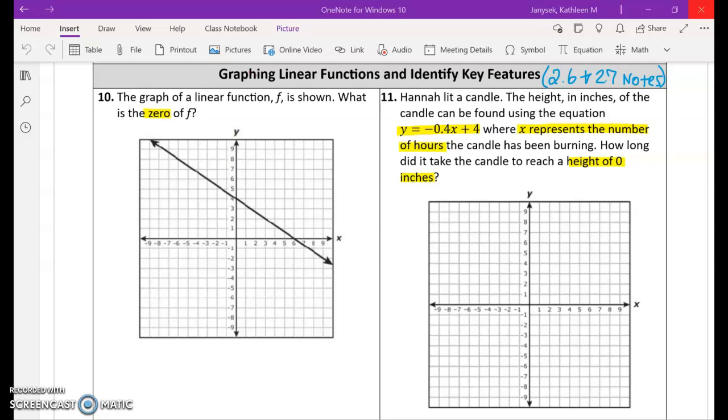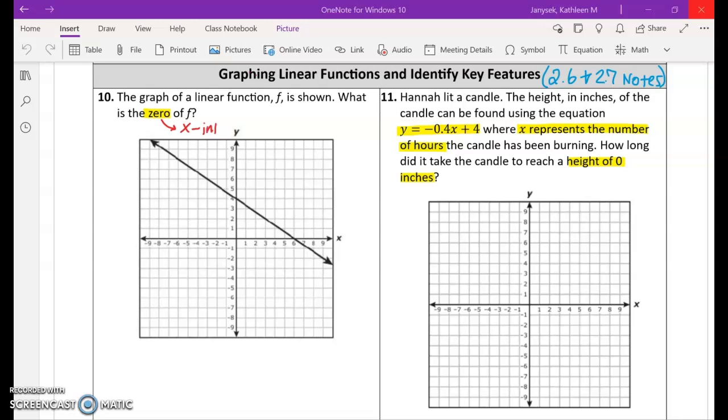So the first thing we're going to look at is question number 10. You do need to know your vocabulary for this. If you don't know what a zero is, you're not going to be able to get this problem right. What is the zero of f? F is just the name of this function. It titles that in the first sentence, the graph of linear function f is shown. So 0 means the